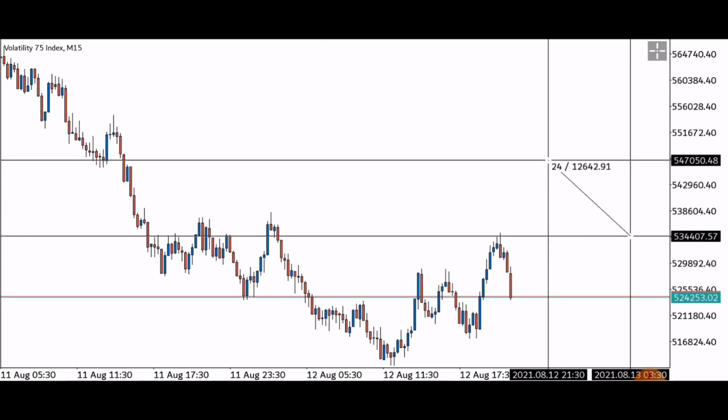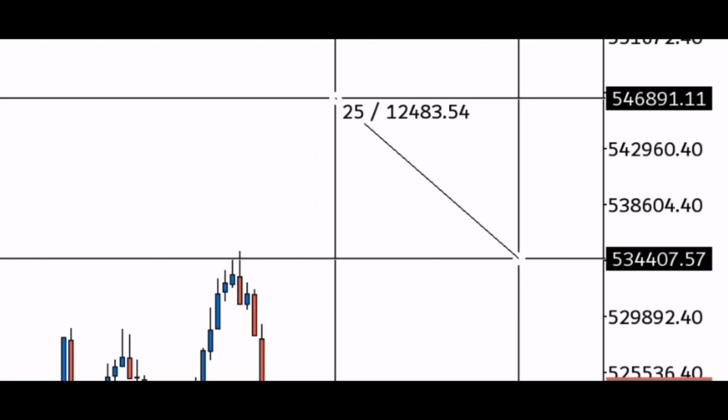You can see that from 534407.57 to 546891.11, what we have on the crossbar calculation is 12483.54. Now, if you want to interpret this, it means it is 1,248 pips. That is 1,248.3 pips, or